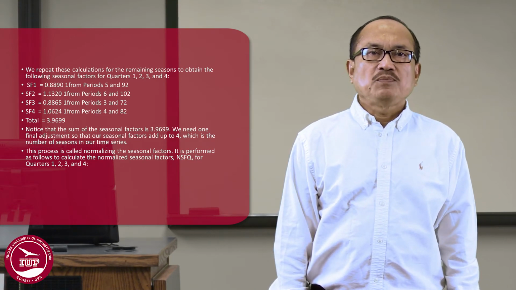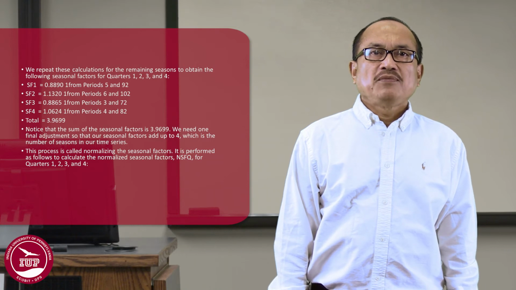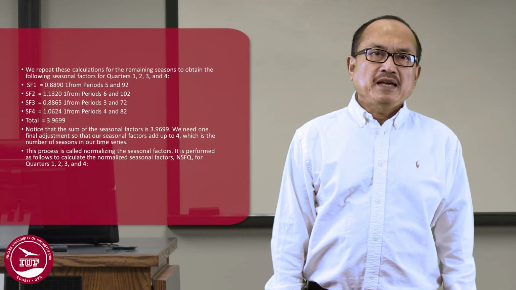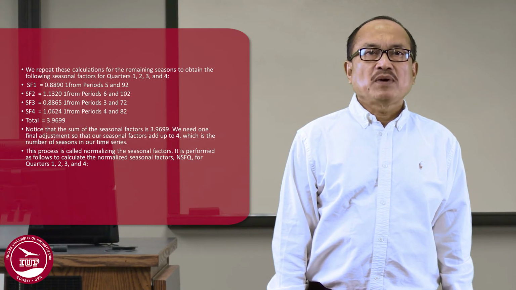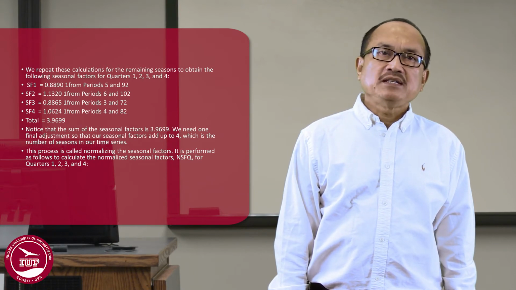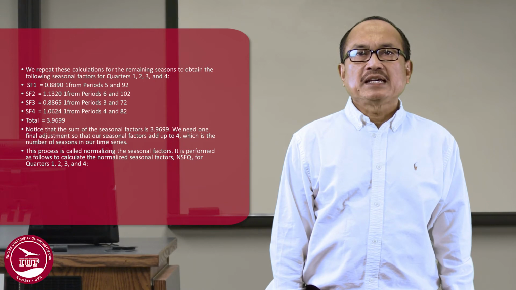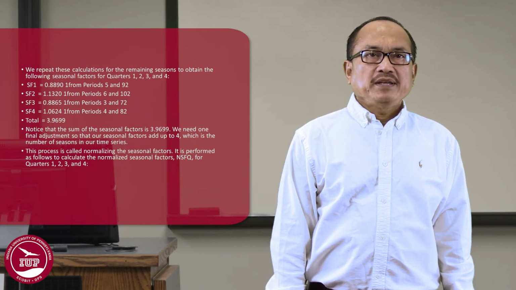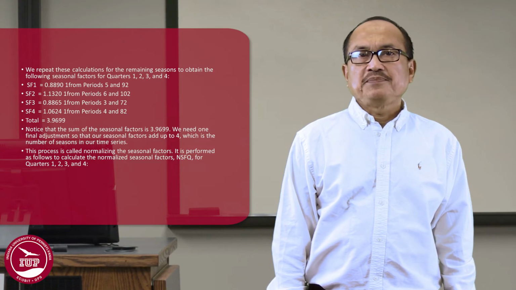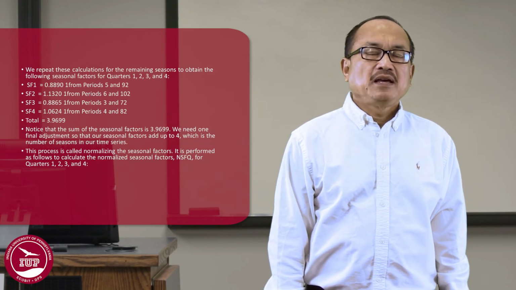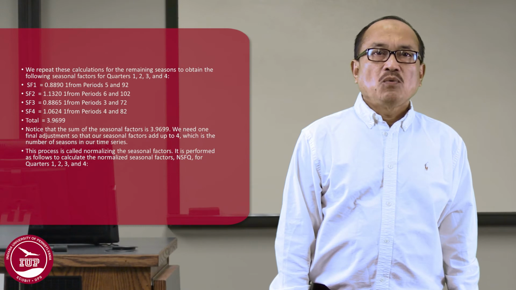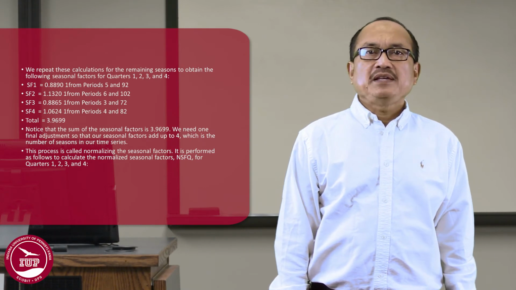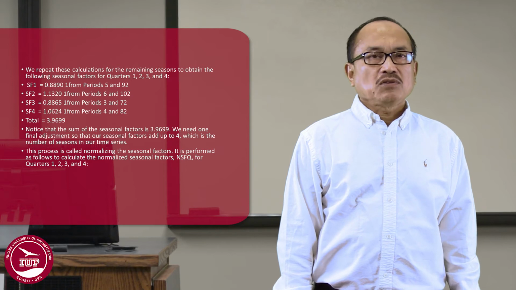SF_1 is equal to 0.8890 from periods 5 and 9. SF_2, 1.1320 from periods 6 and 10. SF_3, 0.8865 from periods 3 and 7. SF_4, 1.0624 from periods 4 and 8. Total: